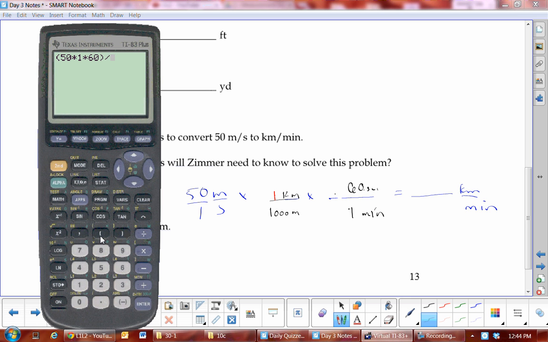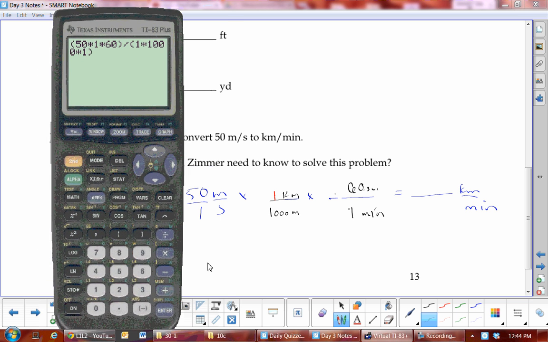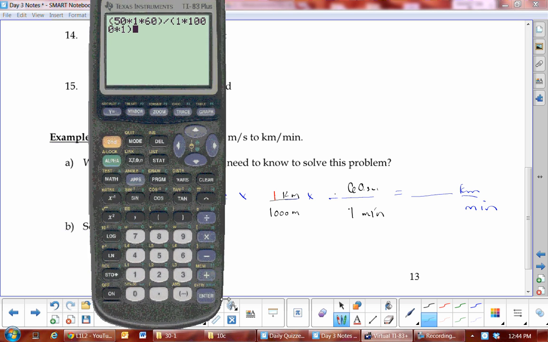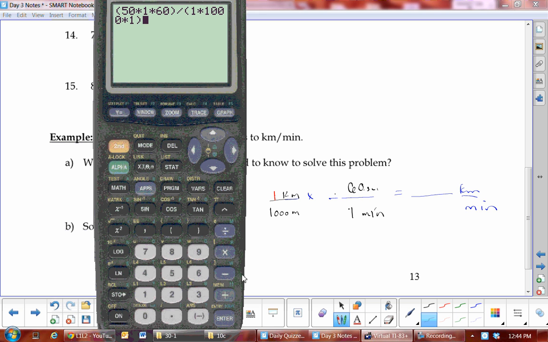Divided by, open a bracket. 1 times 1,000 times 1. Now I know that all is going to be, but I'm just showing you how to do it for if there's any question you were ever given. And then you shut your bracket. I need to enlarge my calculator here. And then we should all get,